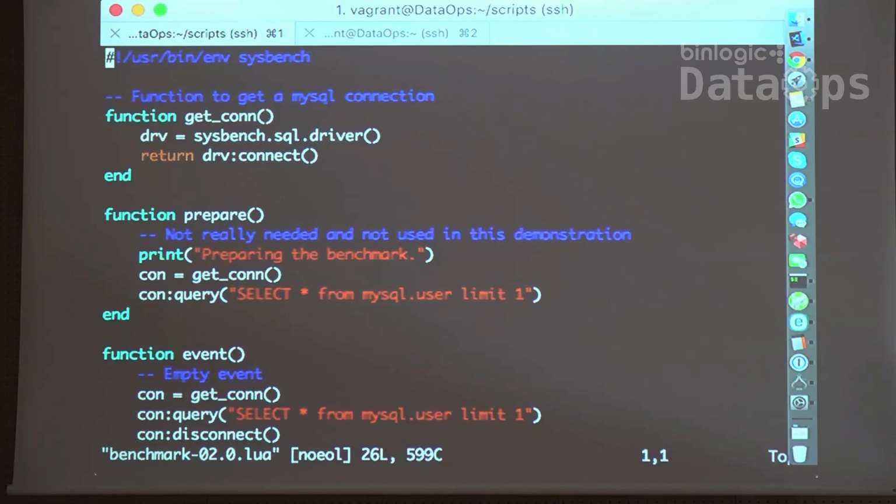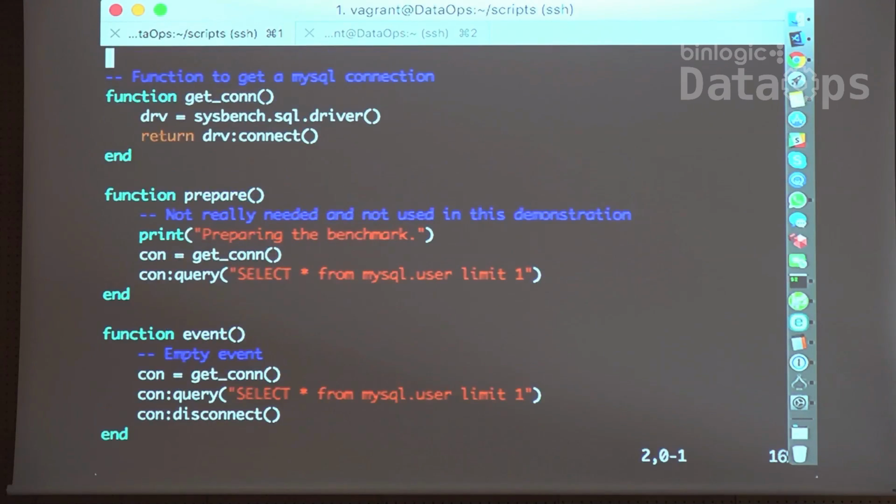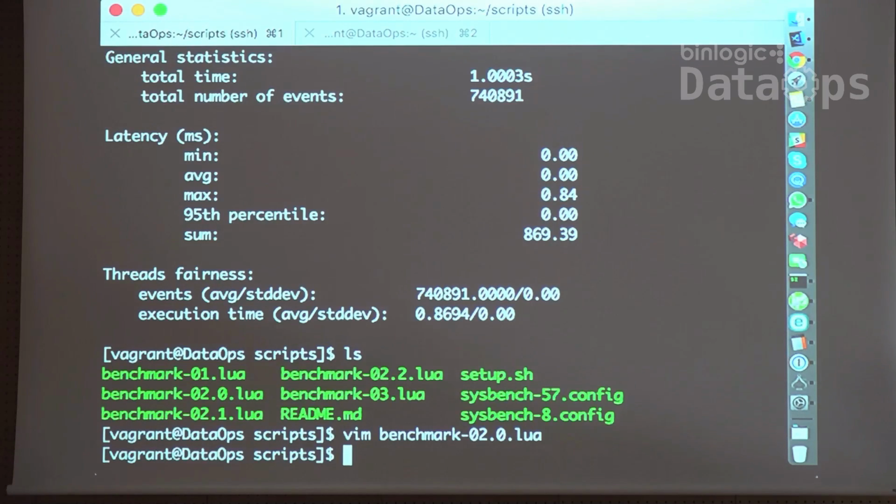2.0. Okay, this is basically the same as before, but I added a function. In this case, as you can see, you can create custom functions and call those functions from any section of your benchmark, like in the prepare section, and also in the event itself. In the cleanup, I don't call it, but I create this function, which gets a connection. And this function uses the parameters that are by default on Sysbench, and